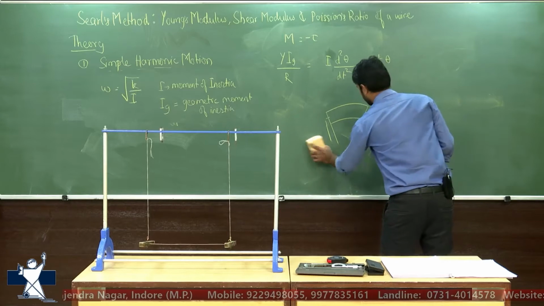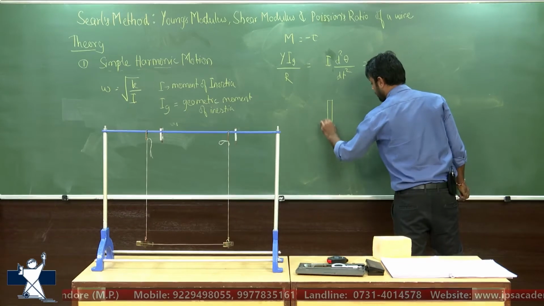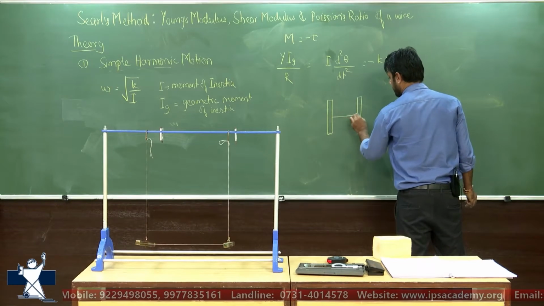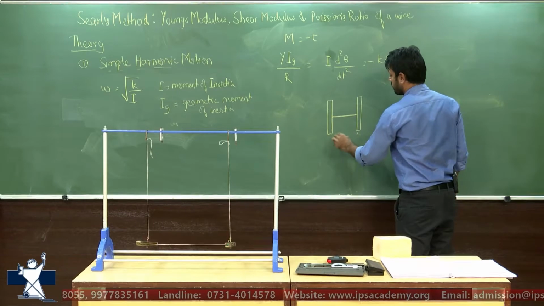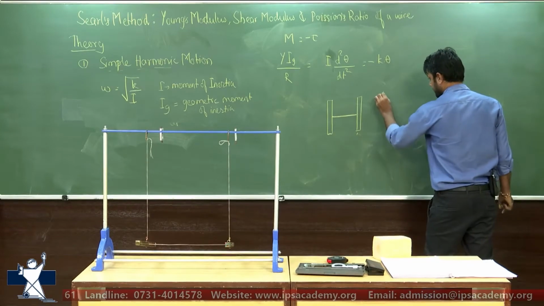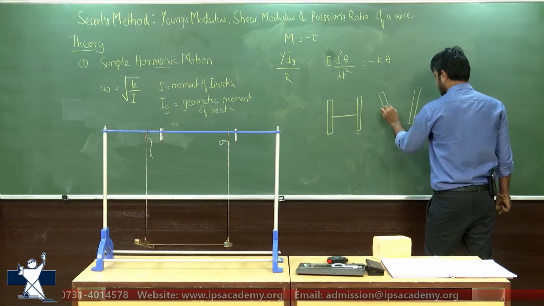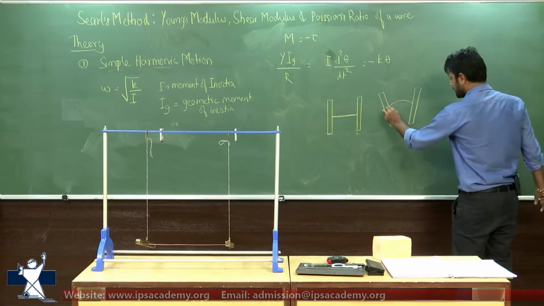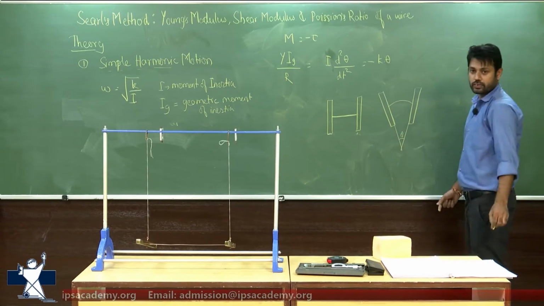Okay, so these are our rods. I'm going to draw the top view. These are our rods, and these are connected by this wire. This is the wire which is connecting these two rods. Let's say we bend it, and we bend it like this. So the wire will be something like this, and if you want to measure the radius of this bending, you can just simply extend these two objects, and this will be your theta, right?